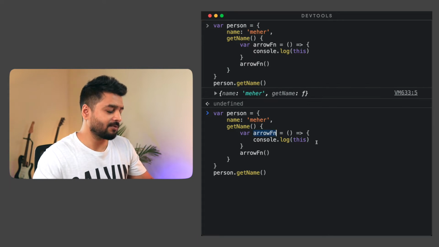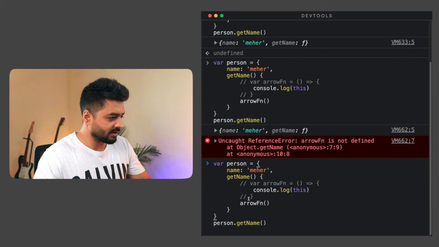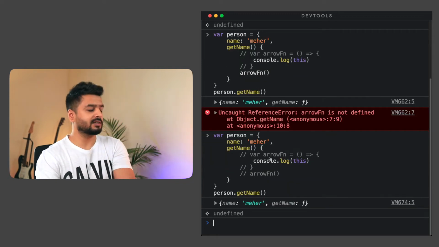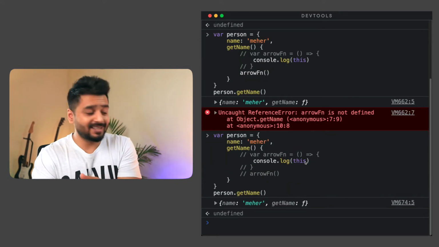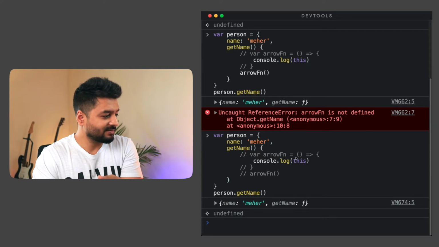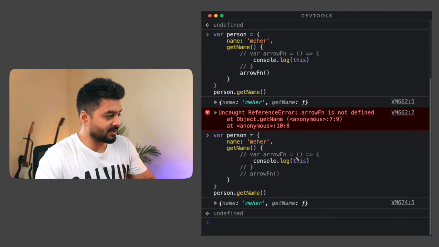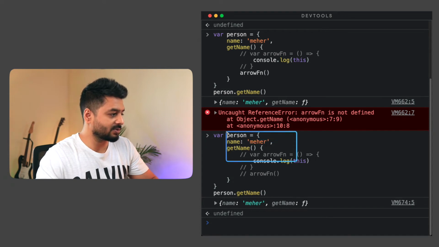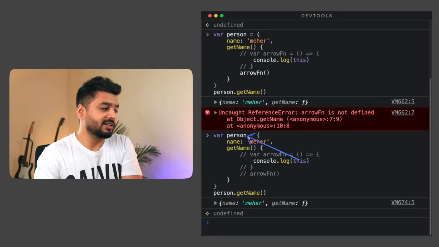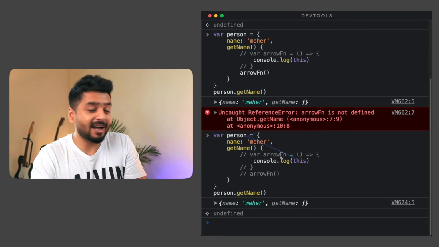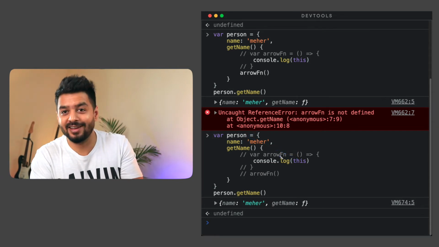So let's say I did not have this, and now if you invoke this, the value of this keyword without the arrow function is rightly pointing to this object, which is basically our person object. Okay, it should have an arrow. Yes, this points to the person object, and the arrow function basically does not create a new rule,